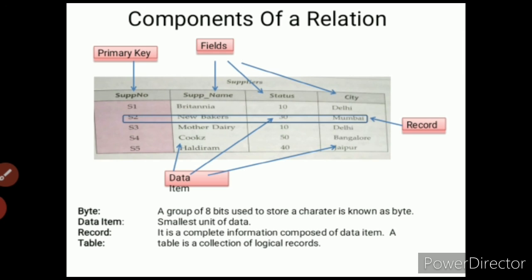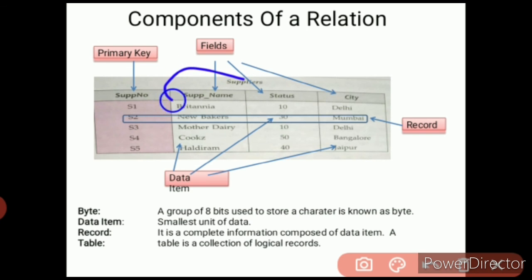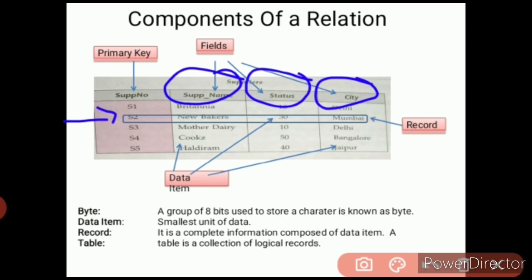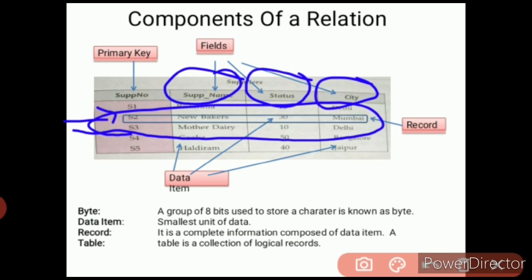Okay, fields I already told you: a particular specification of your columns is known as fields. Record, the horizontal value which will give you the complete information about a particular row, is known as record.